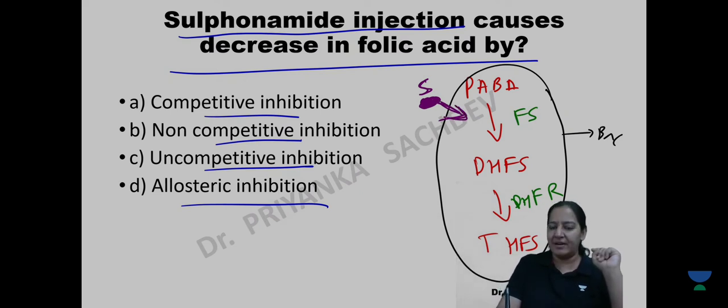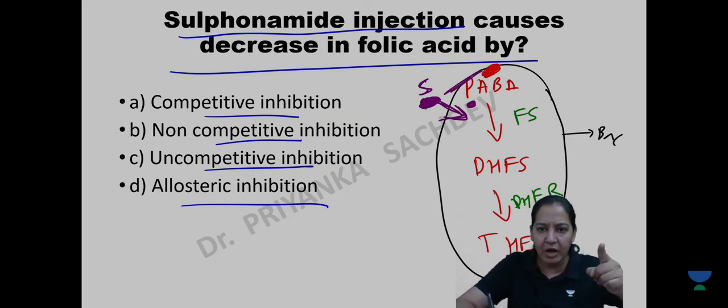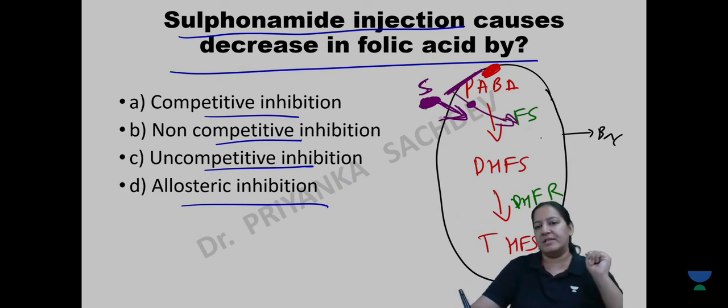It is entering inside the bacteria and the blood. Now sulfonamide is also present here, and PABA is also present. So there is a competition between the two, sulfonamide and PABA. See, this is a molecule of PABA, and this is a molecule of sulfonamide. Both are competing with each other over who will go to the folate synthesis. Who will go to the folate synthesis?